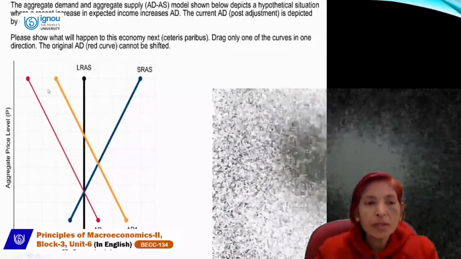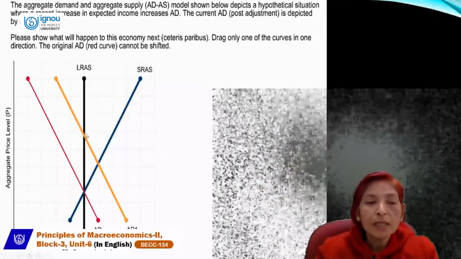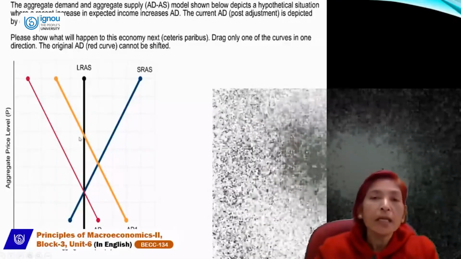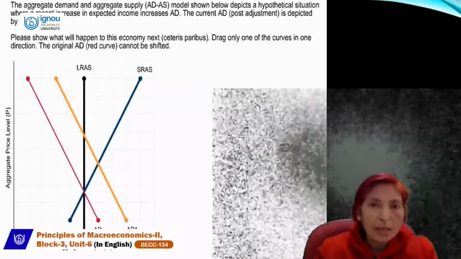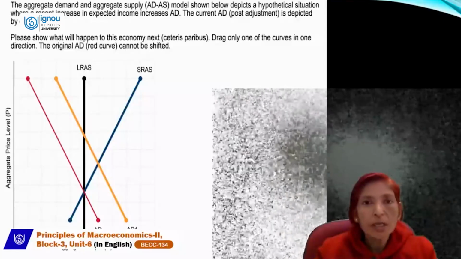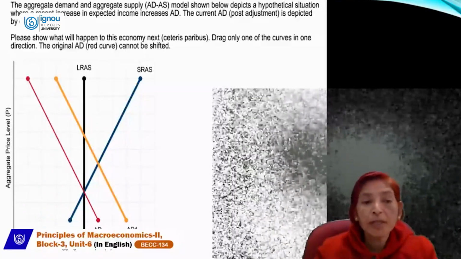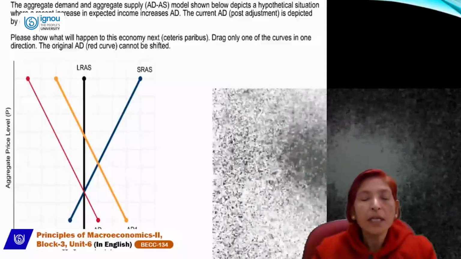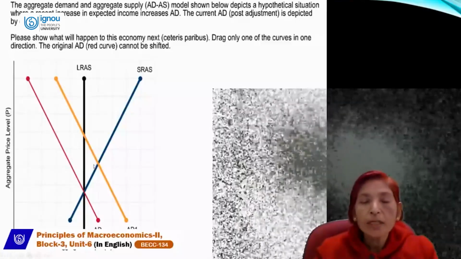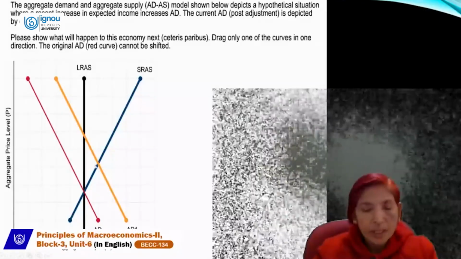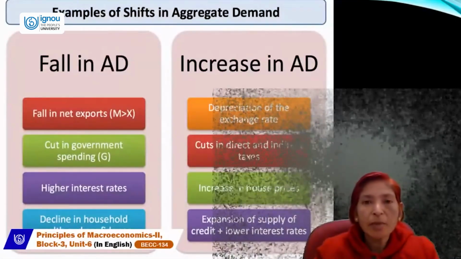And if we take the equilibrium of LRAS and AD1, then price will rise again, but aggregate output will remain constant because LRAS is vertical. In this situation, output will not change, income will not change, only price will change. But if we are taking equilibrium through the SRAS curve and AD1 curve, then equilibrium price will increase and quantity will also increase.